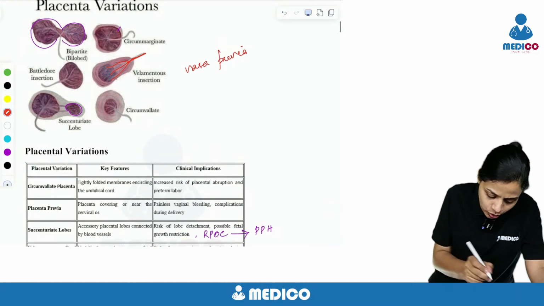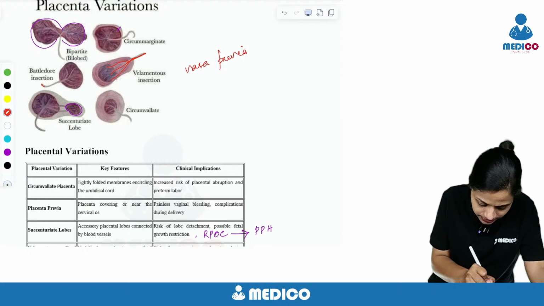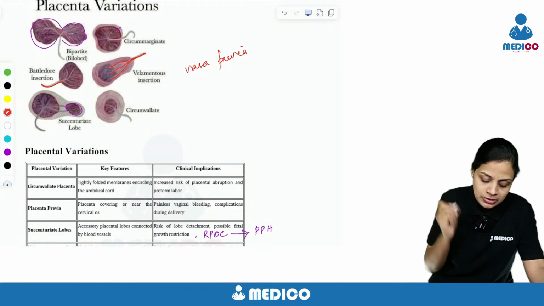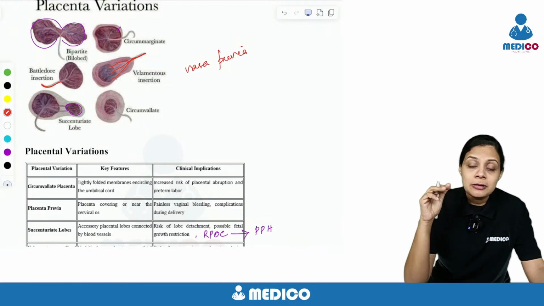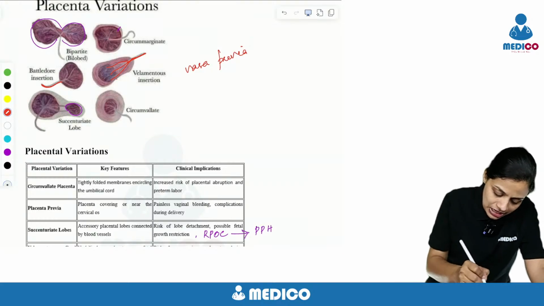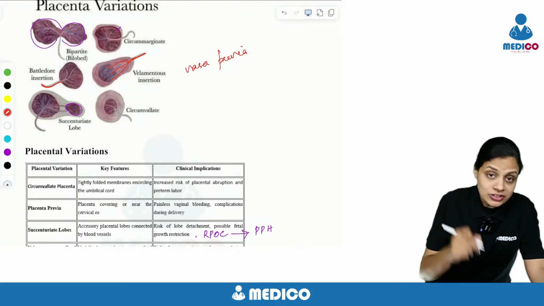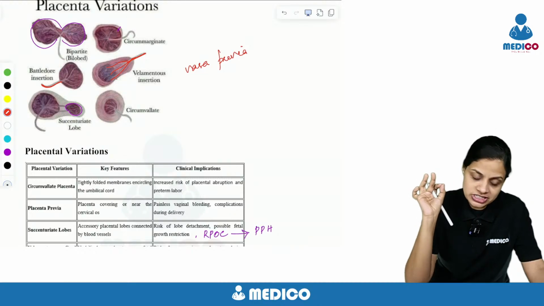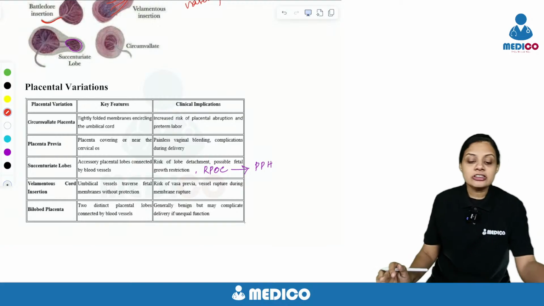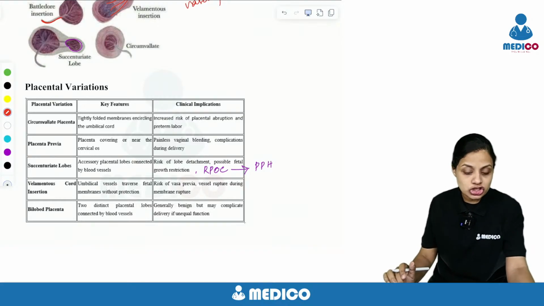We have got another cord insertion here. This one here, this is also attached to the side of the placenta. Normally, the cord is attached to the center of the placenta like this. But here, the cord is attached to the side. But in comparison to the velamentous insertion, you find that the blood vessels are not ramifying. The blood vessels are supported inside the Wharton's jelly. They ramify only after reaching the placenta. This one here is called a battledore insertion of the cord.